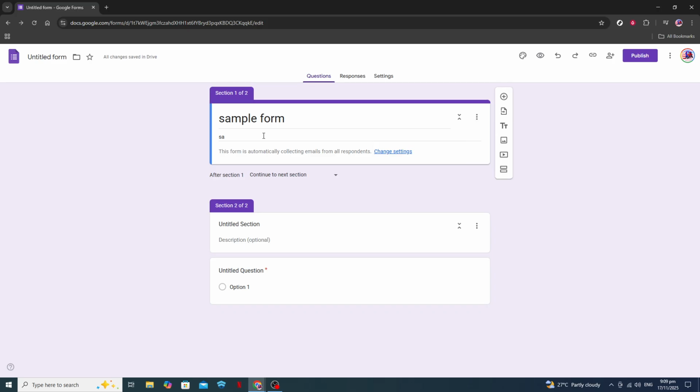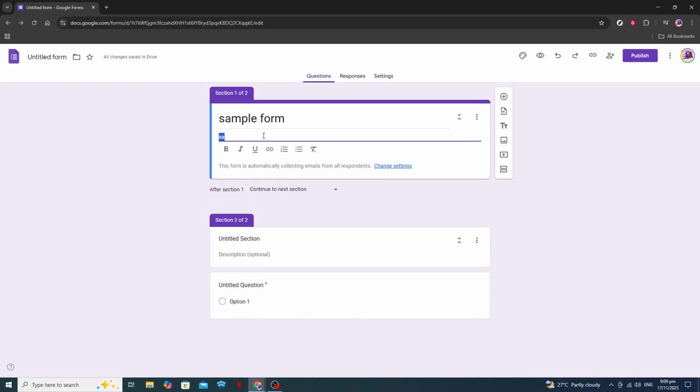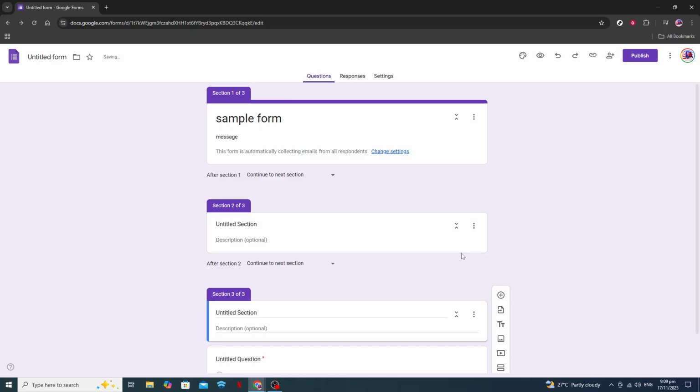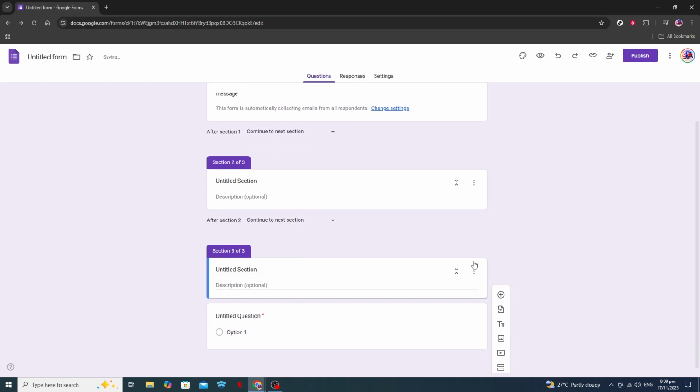Next, you'll need to create multiple sections in your form. Each section will contain questions tailored to the choice that respondents select. So, if they choose technical support, they might be directed to Section 2 that asks for technical details. To add sections, simply click on the rectangle icon to the right in the toolbar and give each section a